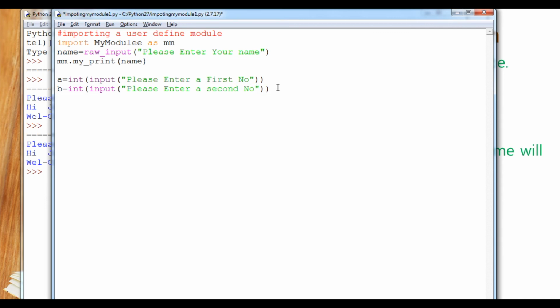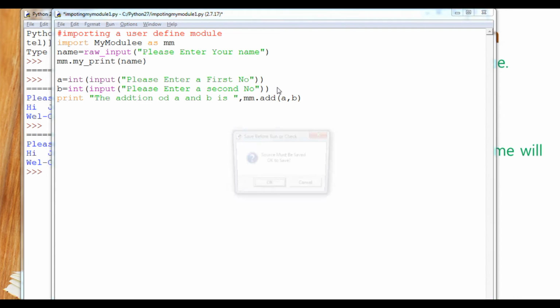so what is going on in this particular way, I will call the addition and subtraction function. So you can press Ctrl and space to see what functions are there. So use addition, so a comma b, so it will only show me the output in a non-printable way. So what I will do, I will use print. So I will use here the addition of a and b is this.